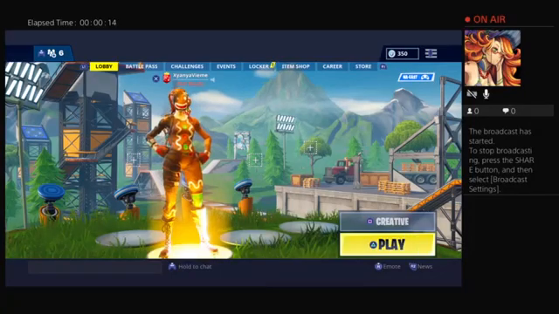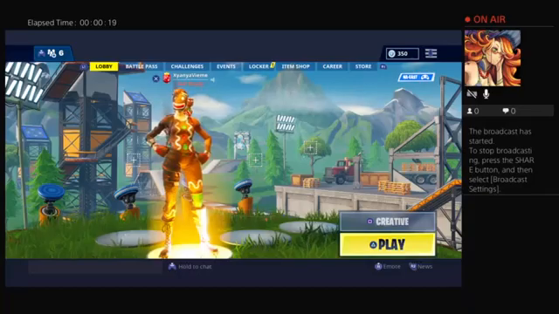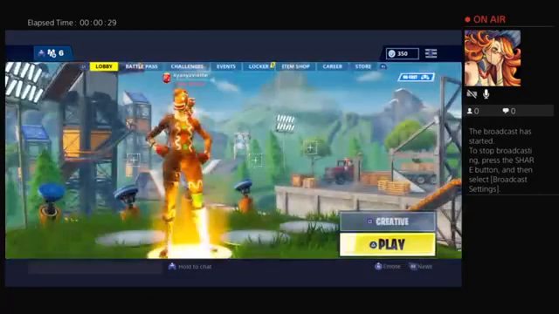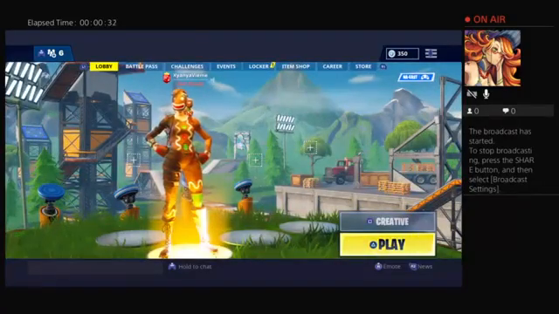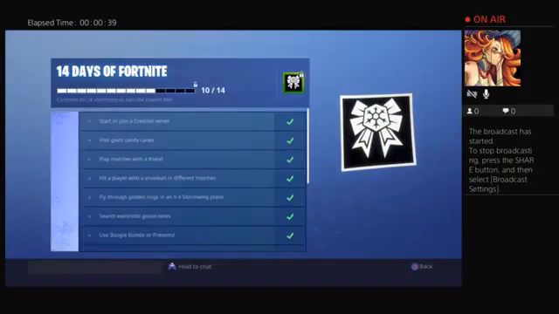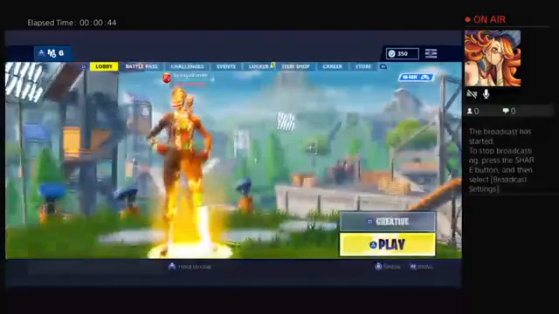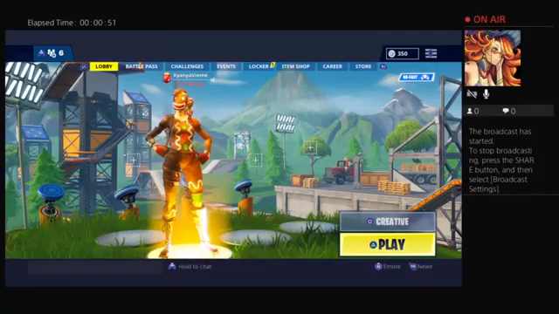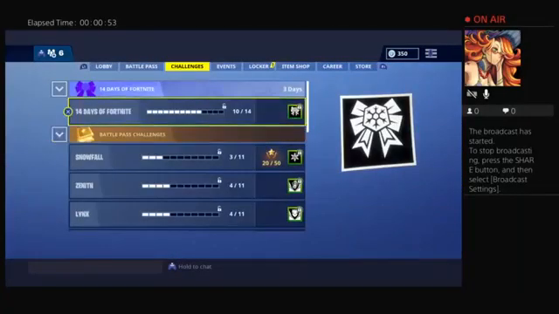And what we've got going on today is the new creative mode in Fortnite that came out for people with the battle pass, and within the second week for the people without. This is also part of your 14 days of Fortnite challenge. It's your first one, which is start or join a creative server, which is basically you just go into creative and you can log out and it'll give you the first thing, which I believe was a